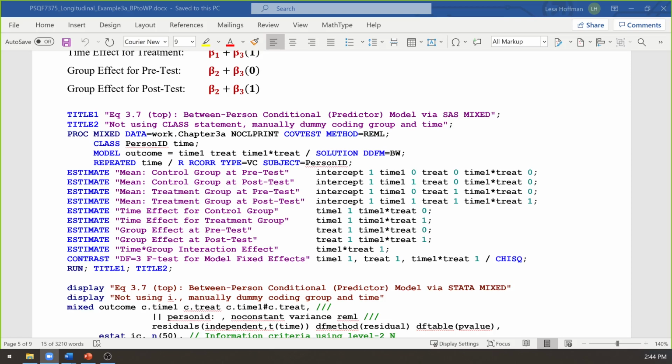Question: can you explain what simple means? Does that mean at a specific level of treatment or time? Yes. Simple means conditional. I use that term because that was how I was first taught, and so that's kind of my native language, to slip back into that, even though it's not simple. But you also will see this in the literature, people talking about decomposing interactions by probing them and getting simple slopes.